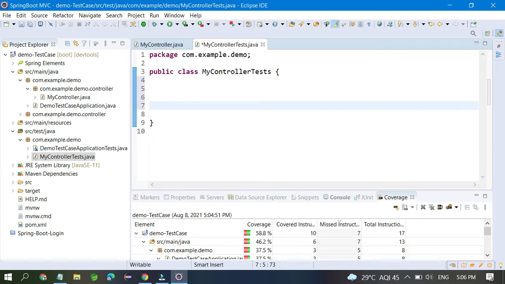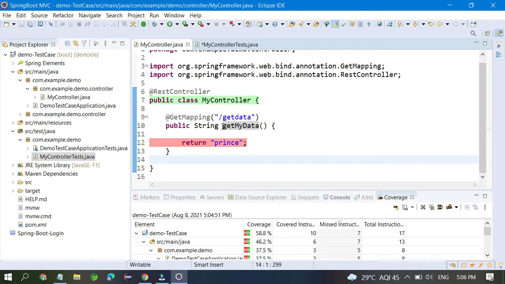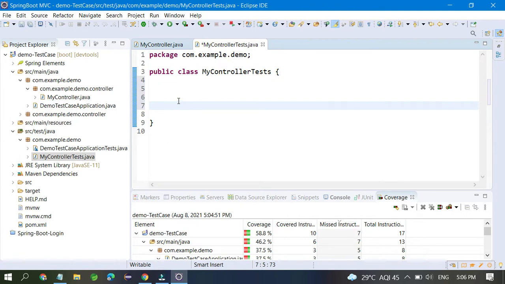For example, here you can see the method name is get my data. The same name you have to put here also, public void, and always remember, all test case methods have return type void. You have to give a proper name for the test case, so you can write test get my data test. If there is one method, write one, if it is two, write two.